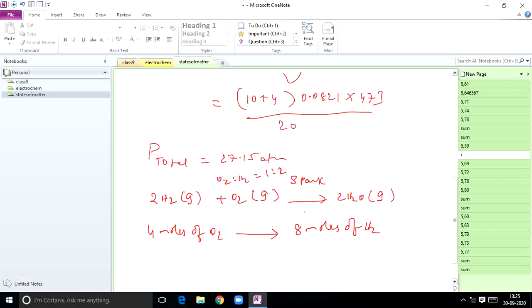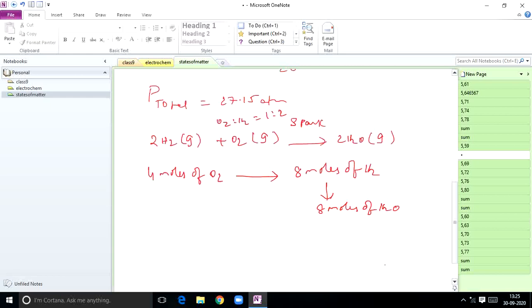If it is 4 moles of oxygen, you will get 8 moles of water. So 4 moles of oxygen will react with 8 moles of hydrogen, and this ultimately forms 8 moles of water from the balanced equation. 8 moles of water. So finally,